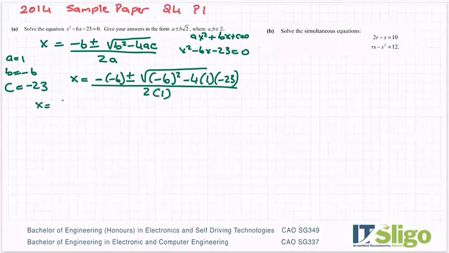So minus 6 is 6, plus or minus, and then into my calculator I'm putting the square root of bracket minus 6, close my bracket, squared. The minus 6 has to go into a bracket so that the minus gets squared as well. Okay, minus 4ac, and for that I'm getting 8 root 2